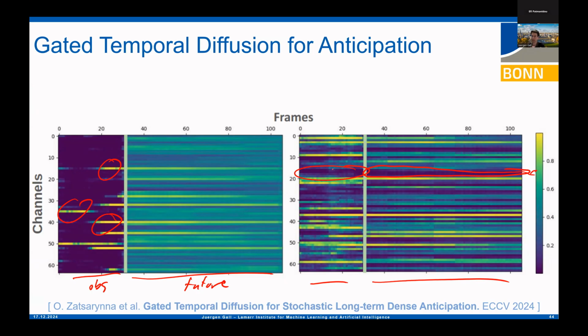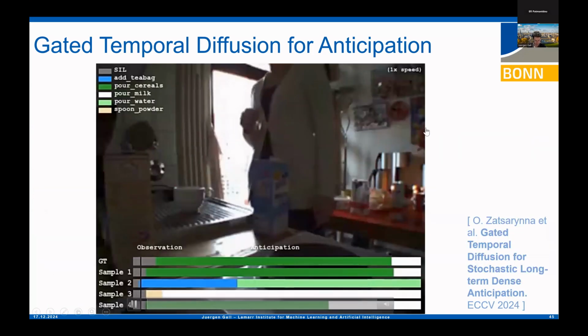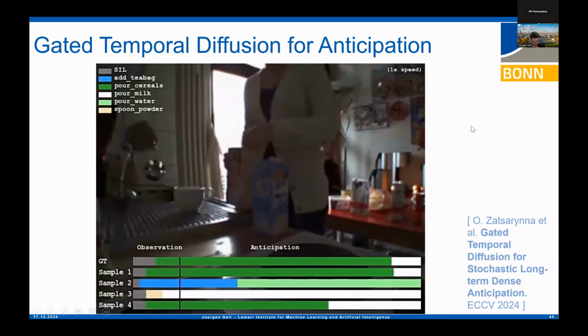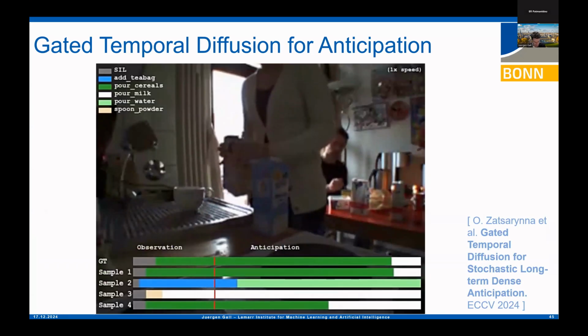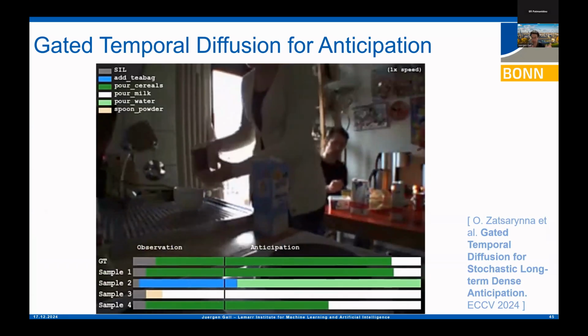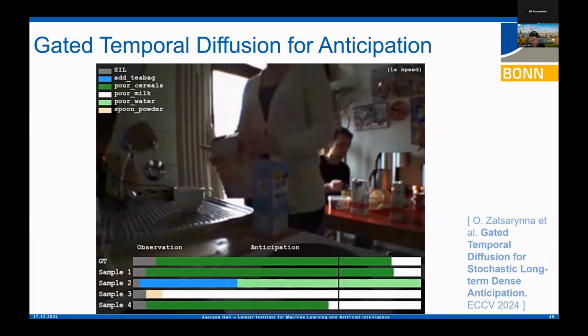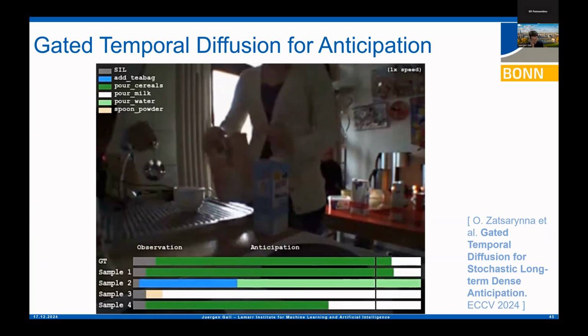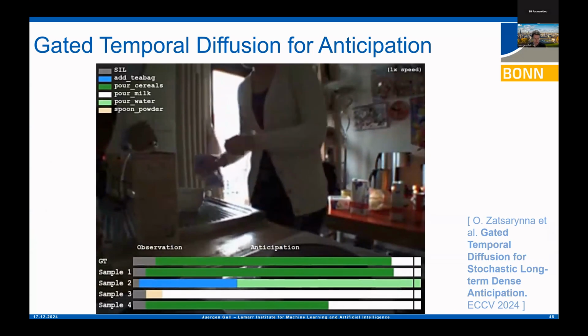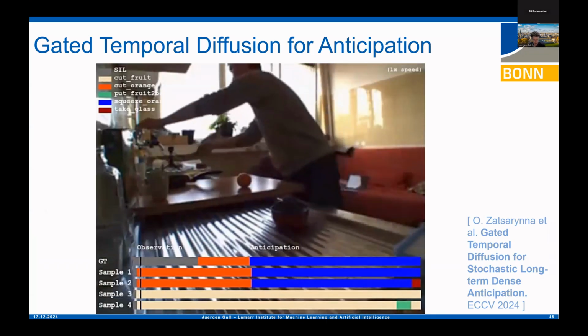So this shows that these gates really adapt depending on my observation, and they change over time as the information from the past is more propagated to the future. So this shows some examples. When the video stops, like this one, when the line becomes red, this is until my observation, and everything here is the forecasting of the future of mobile actions. And you see in the top left the action. So this is another example.